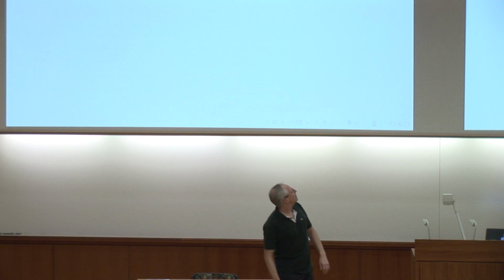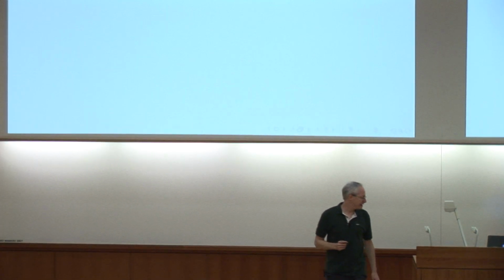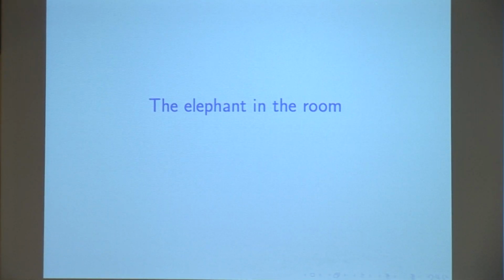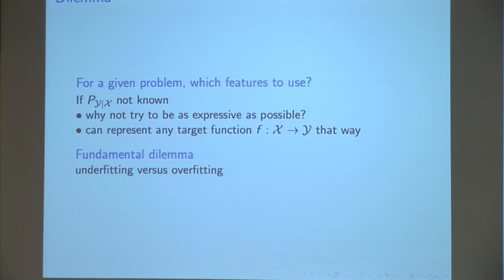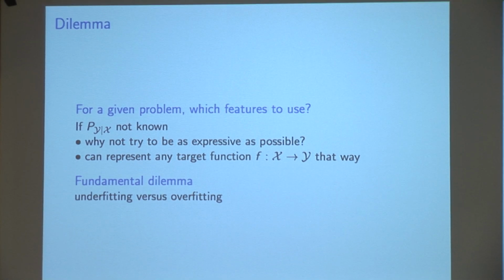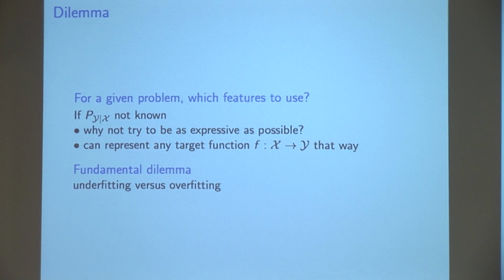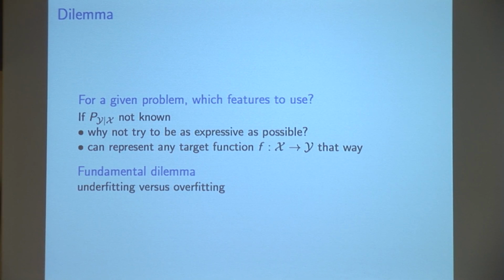Okay, the elephant in the room. What am I not talking about that everyone knows I should be talking about? Well, overfitting. So here's the intuitive way to think of it. I get hired at Google, and they sit me down, and they say, solve this image recognition problem. And then it's like, oh, I don't know what features to use. If you don't know what features to use, what are you thinking? Well, why not use all the features? I should just use all of them, right? Can't go wrong. That way I can model anything. But of course, that doesn't work.